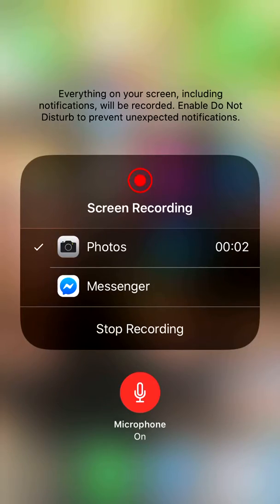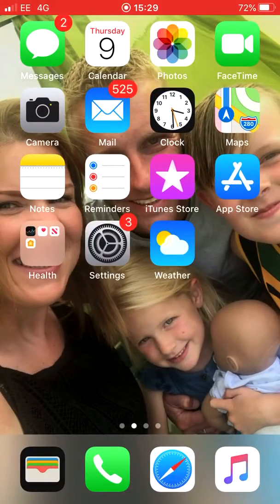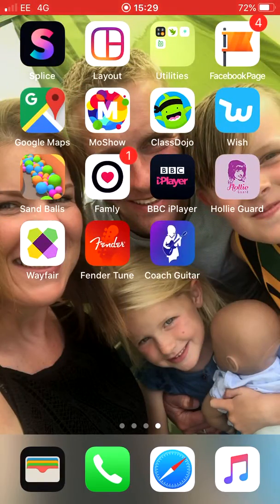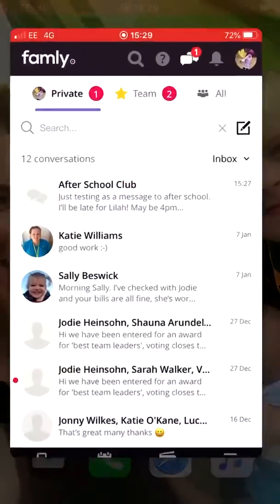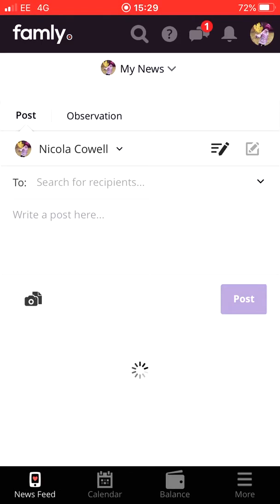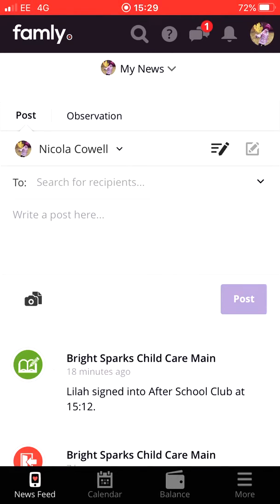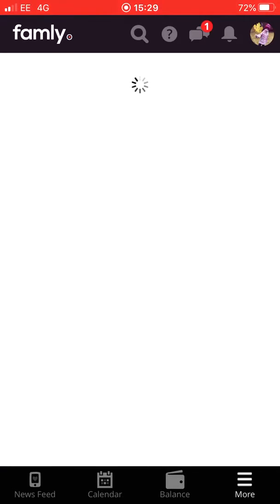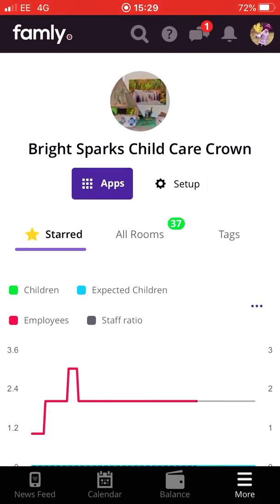Right, okay, I'm going to show you how to do a basic observation on the family app. So I'm going to log in to my own family app. I'm going to pick a child from the Crown. Obviously, I've got access to all three settings, so I'm just going to show you a basic one for any child at the Crown. So I'm going to go into all rooms